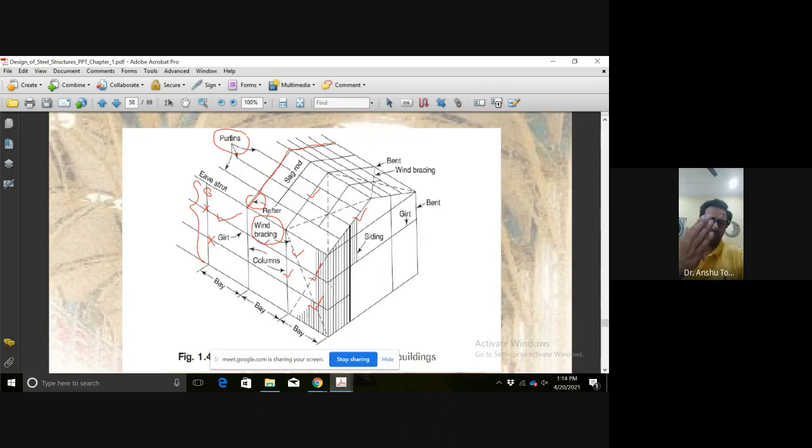Earthquake is acting, coming back, then going, hitting the surface again, then coming back, because the ground is accelerating. There is an acceleration in the ground. So this is 1 bay, this is 2 bay, this is 3 bay. This whole system is going to be 1 frame. This 1 frame is going to take the load of 1 bay, half on each side.